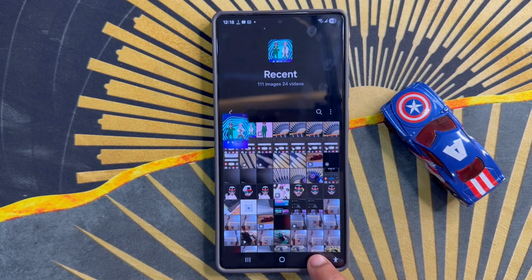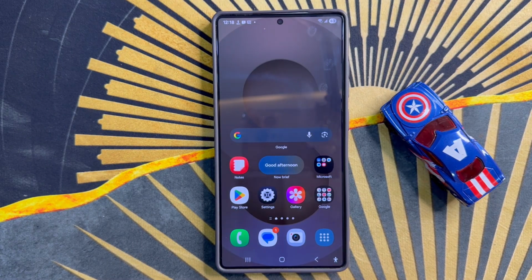After the process, go back to home screen. So that's how you can remove video audio background noise on